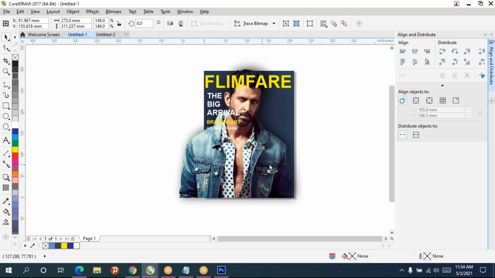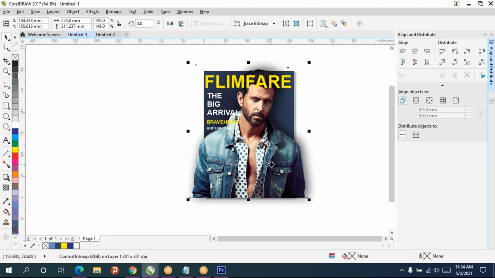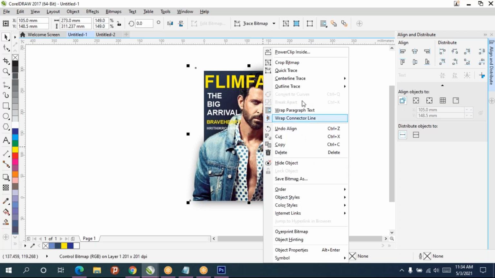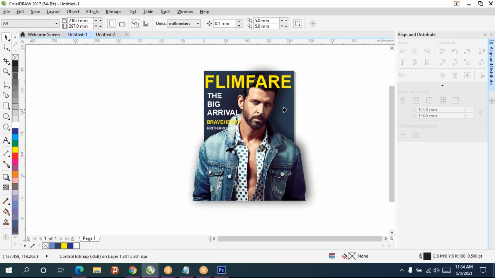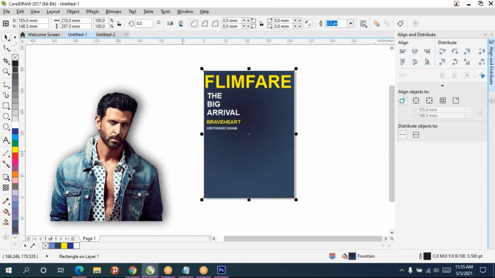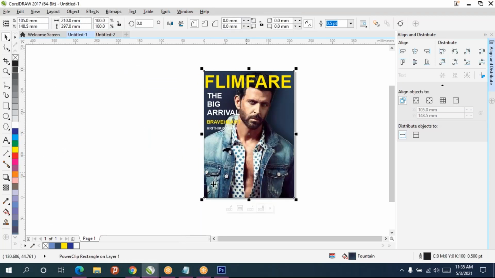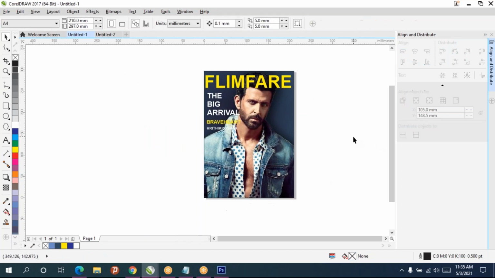Okay, now I can right click, PowerClip inside the rectangular shape, but the rectangular shape is already locked. Select PowerClip inside the rectangular shape, so it is perfectly aligned to that rectangular shape.